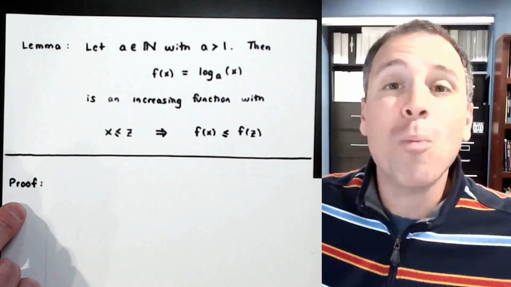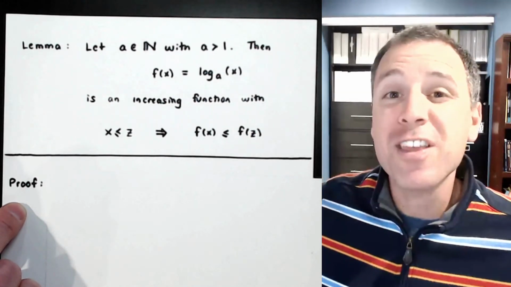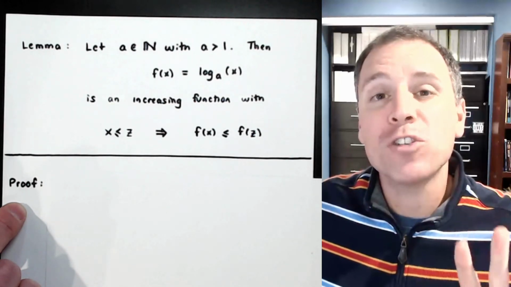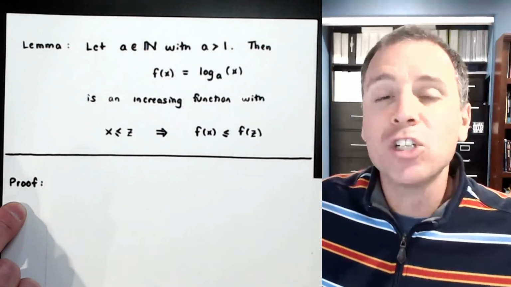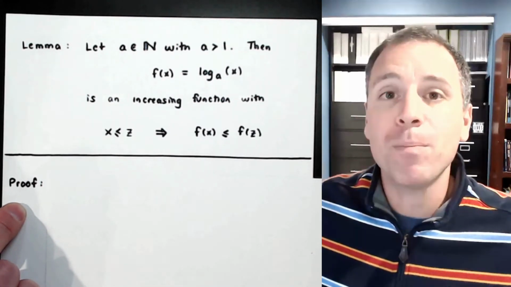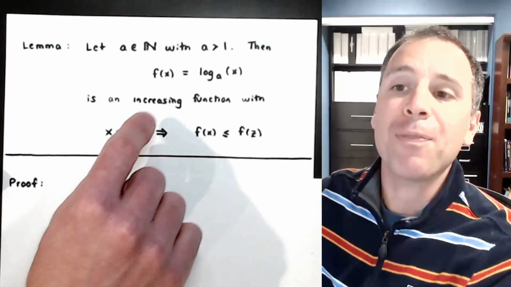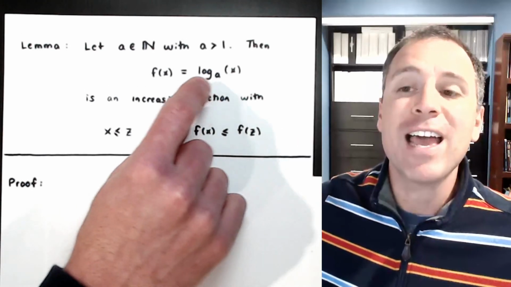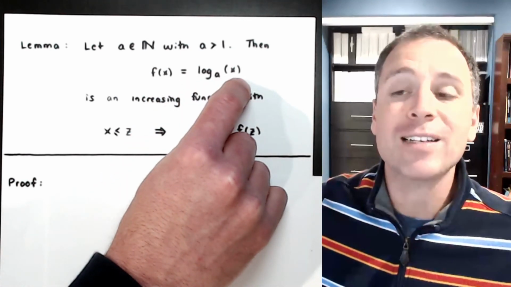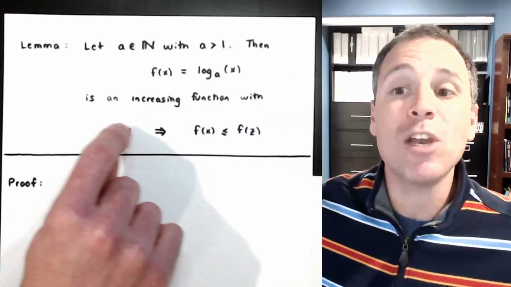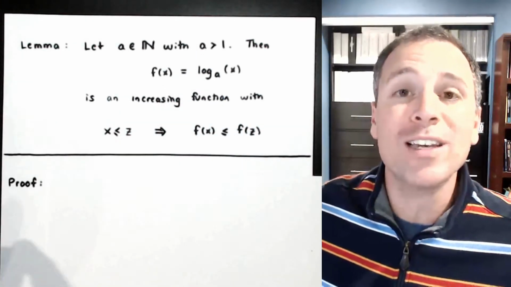In order to prove this lemma, we're going to go back to single variable differential calculus. If you remember from that course, we had a theorem that connected the behavior of the derivative to the behavior of increasing functions. Specifically, we said that if a function has a positive derivative at some input, then that function is increasing at that point. So when we look at this function f of x equals log base a of x, if we can prove that the derivative of that function is positive for all input values x, then we know that that function is increasing, and we know that this inequality will always hold, which means we can use that in the way that we did to generate those formulas.